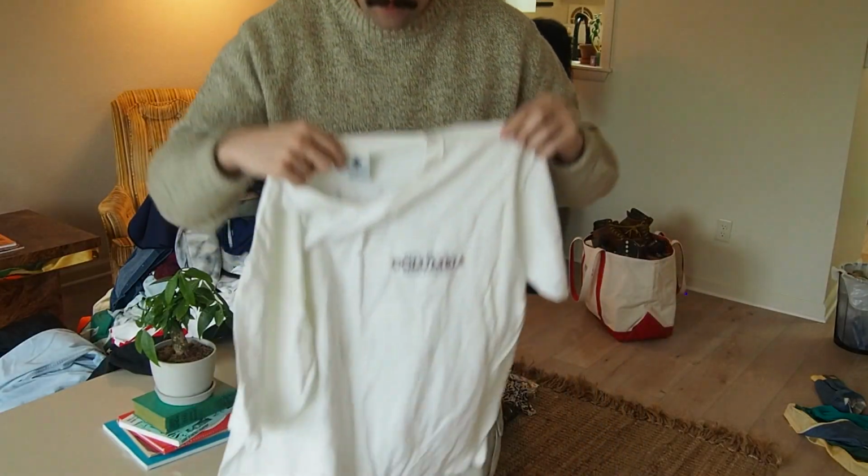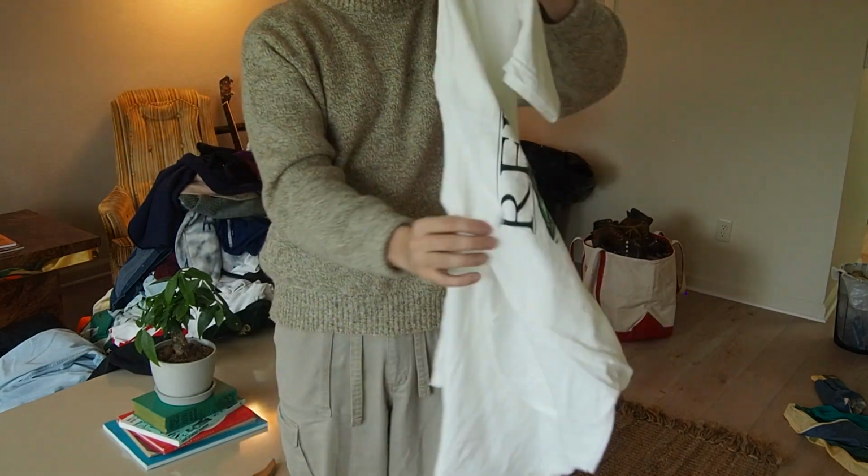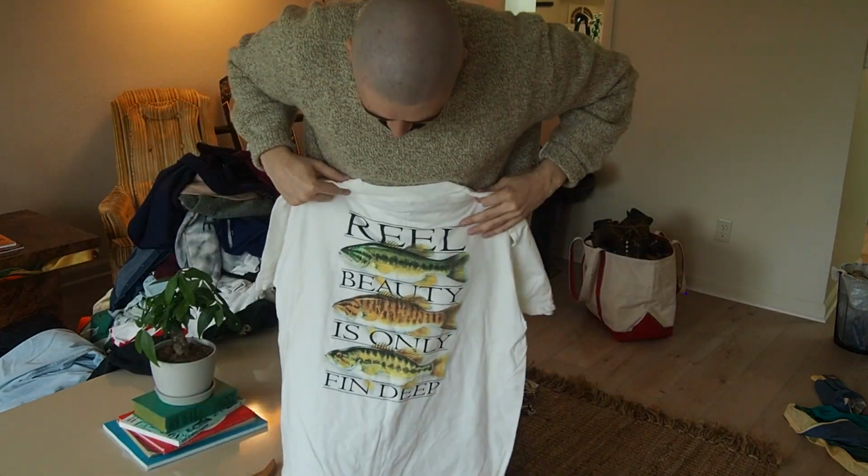On an old 90s Columbia tag, we have this fish t-shirt here. Real Beauty is on...